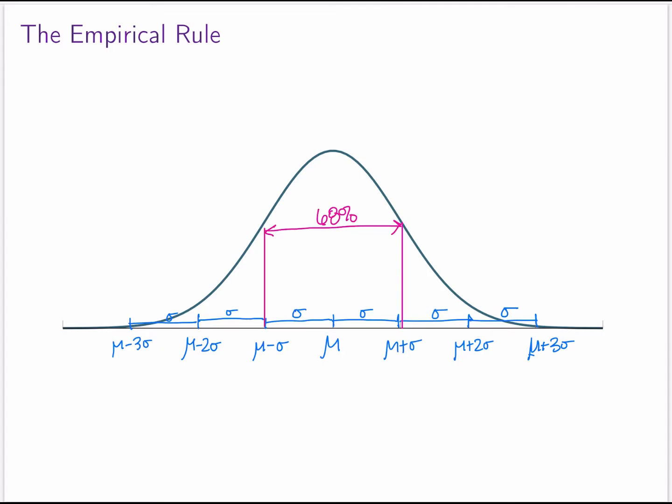We can also look two standard deviations above and below the mean. So kind of this green area from mu minus 2 sigma to mu plus 2 sigma. This would be 95% of the data. And then finally, we can think about